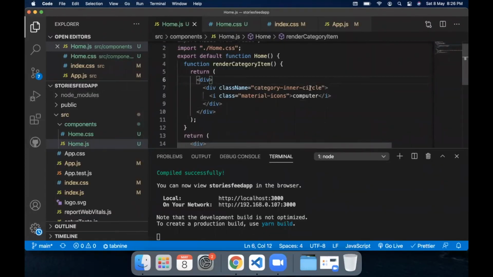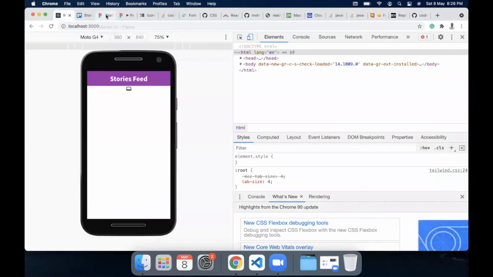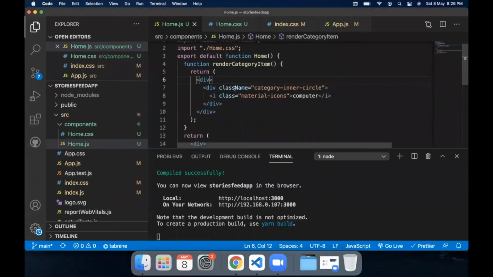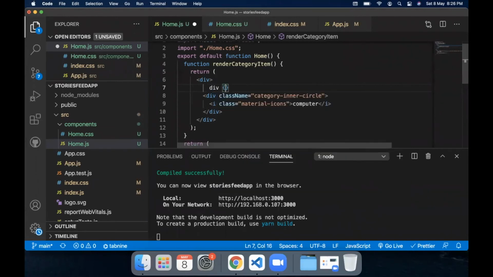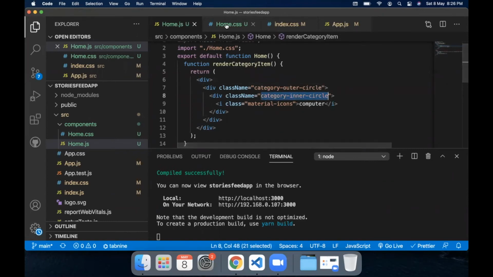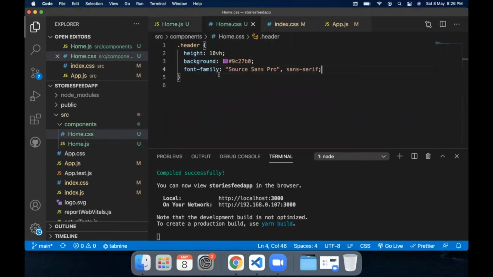Now, outside of this inner circle, we have an external circle as well, right? This gradient one. So let's add a div for the external circle as well, and call it category outer circle. We can copy this category inner circle, come back to home.css since we are using it here, and write some code for inner circle.